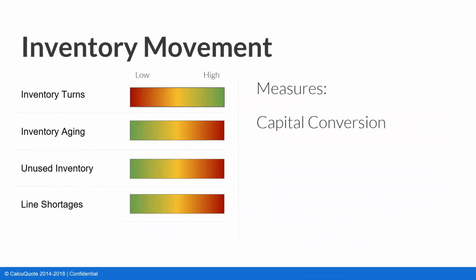So for inventory turns, if that's not a term that you're familiar with, an inventory turn is basically cost of goods sold divided by average inventory value. That's the definition that I'm using here, cost of goods sold being the value of the materials that go into an assembly. There is another definition of that, which is to say cost of goods sold could be labor as well as material, as well as allocated overhead and things like that. The reason I prefer to use the material only is because